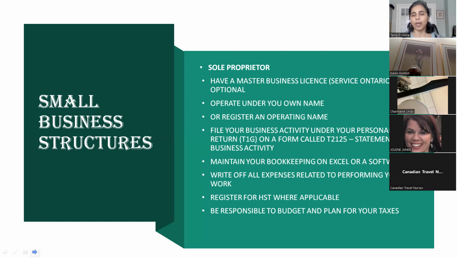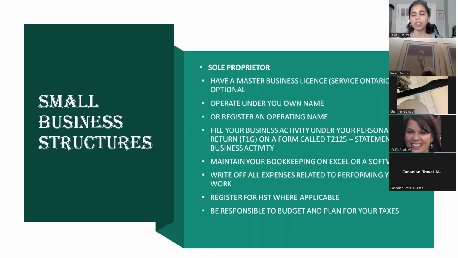Since you're a sole proprietor, everything is filed under your own personal taxes. So when you see your tax return, there will be a form included in that, which is called a T2125. Feel free to note down these terms, because they will come back and forth. People like mortgage people, finance people, and banks will keep asking, do you have a T2125? Do you have your T1 General? And people don't have a clue what it is.